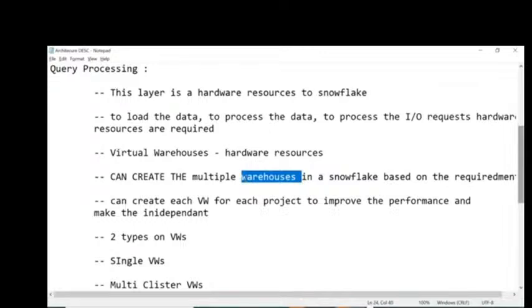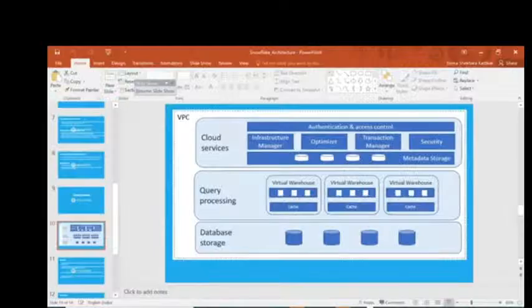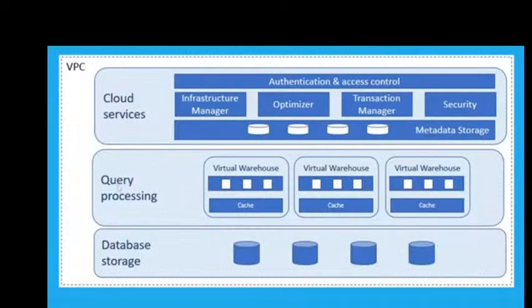See here, till here you are clear? I will tell you. This query processing layer is a virtual warehouse, which is a compute layer, and these are hardware resources for your Snowflake. It will be required to process all your requests in Snowflake. The requests may be that you are submitting your workloads or queries, or you are accessing data